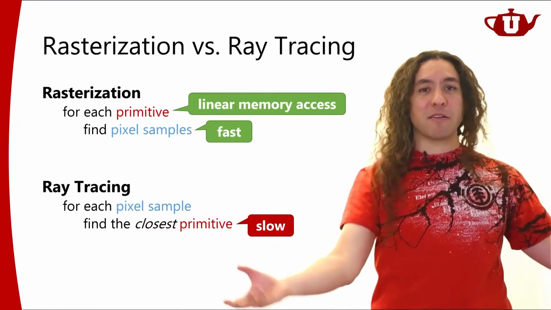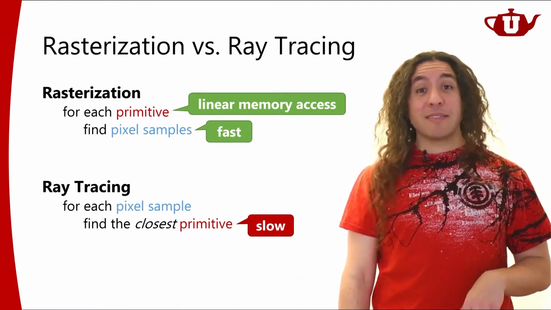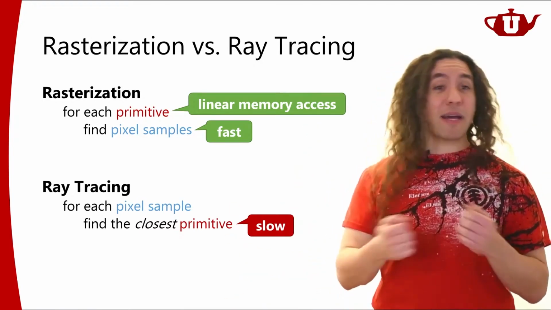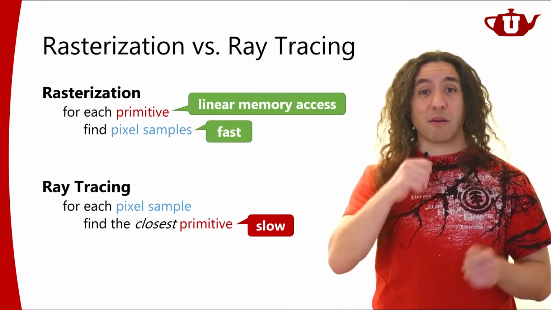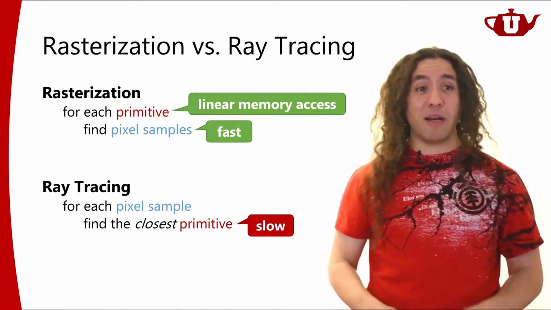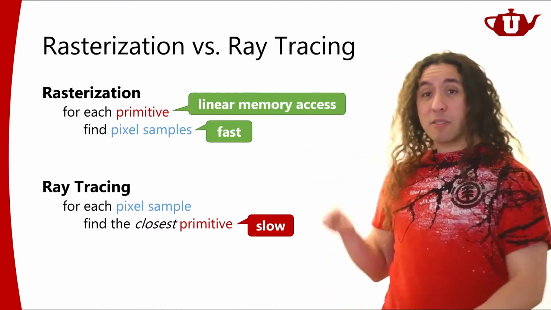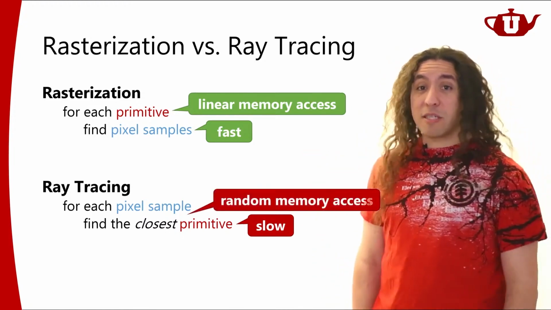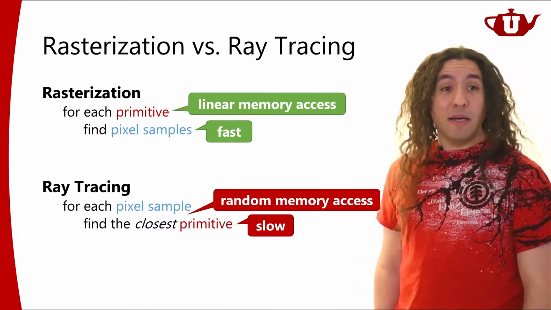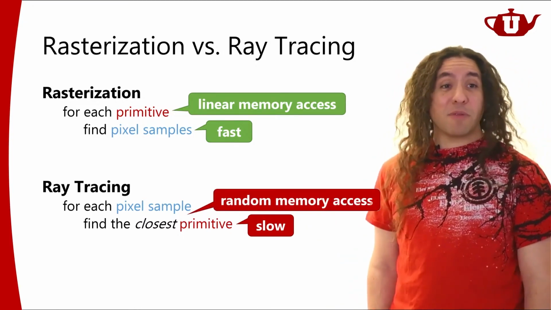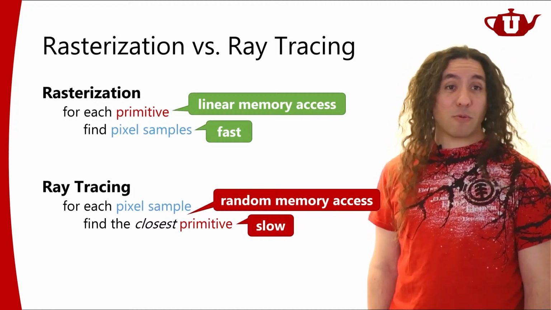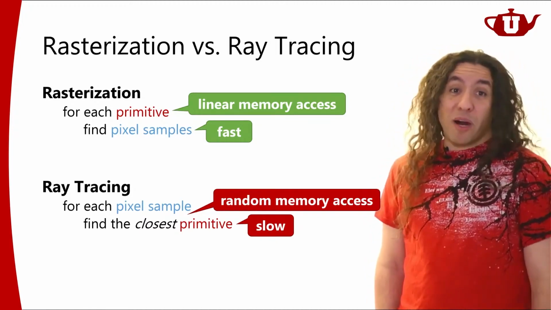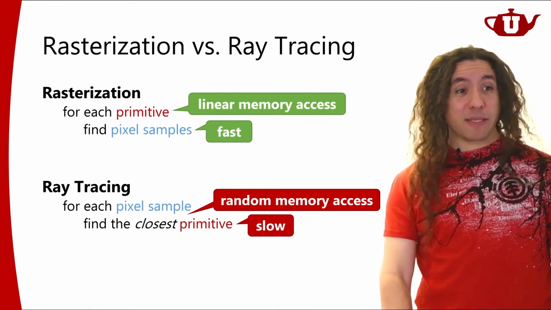It ends up being like a search operation in this scene database, right? I have the scene database of all these triangles, and ray tracing is effectively doing sort of like a random search, right? It's going to try to figure out where each ray is. So it's going to be accessing the scene data rather randomly. So these random memory accesses, well, that makes the data flow really inefficient as well. So that's another problem with ray tracing.